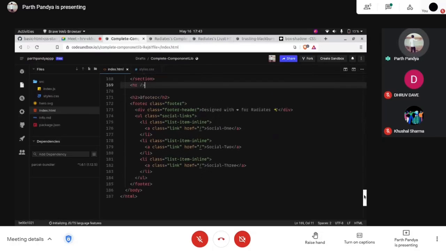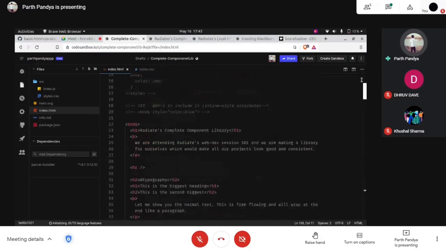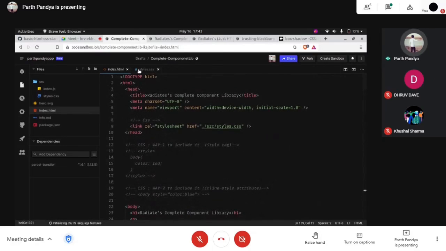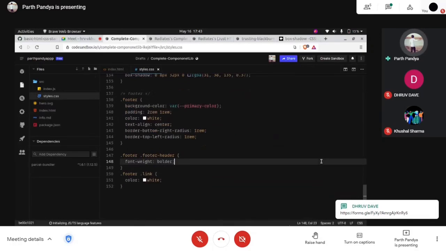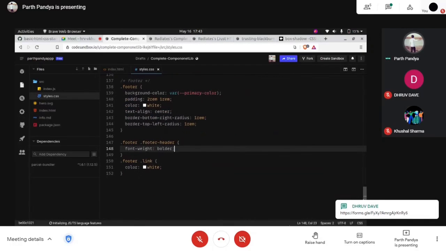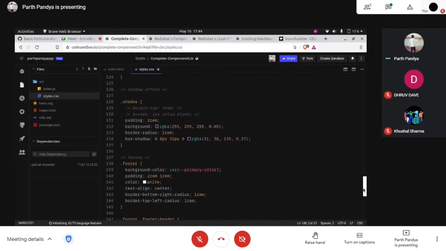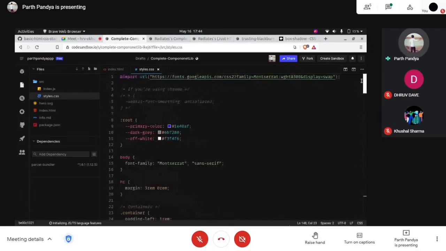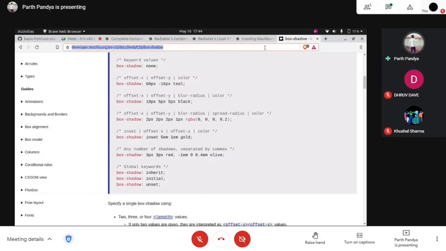So yes, this was all about the CSS part, and you have a large number of properties to deal with in your regular practice. So you don't have to remember all of them. This was one way I just skipped, which was adding a font. So for the font, I use this